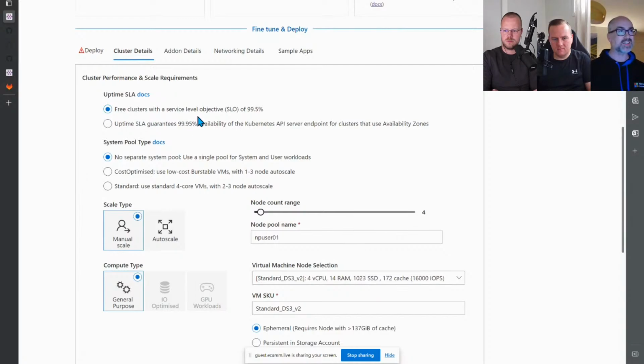It's back to these conditional Bicep templates that we have for running all the code. So we let you choose. We go back to the docs. You want to read some more about the Uptime SLA? Go click on the link, go read about it. Don't just make ill-informed decisions. We'll give you hints as we go through as best we can, but there is no excuse for not visiting the docs and learning up on some of these hard subjects as well.